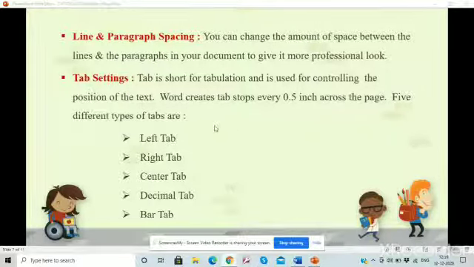Tab settings are used when you write your text in the list form but don't make a table. As I have written here, the left tab, right tab, all the different types of tabs I have written using the tab. I have given the space before putting the bullets also, and after putting the bullet also. By default, when you press the tab key from the keyboard, it moves your cursor 0.5 inch ahead. Okay, that is the tab. By default, tab settings are there. You can change these tab settings also.